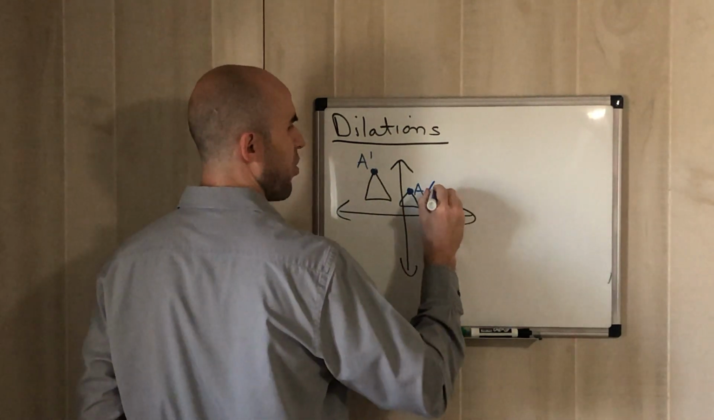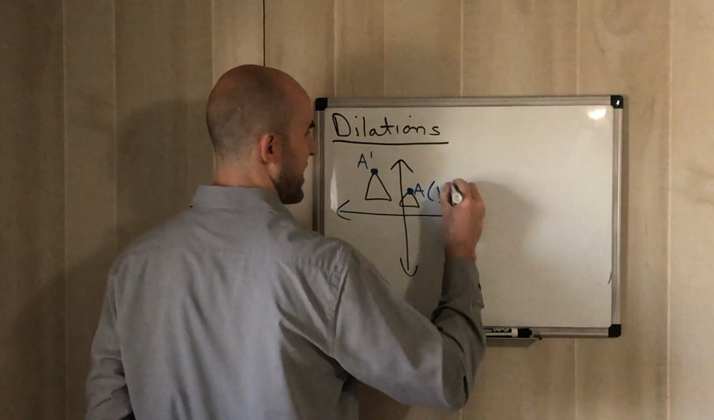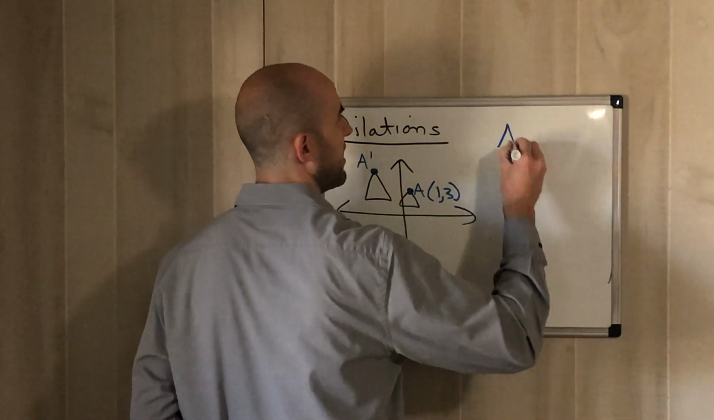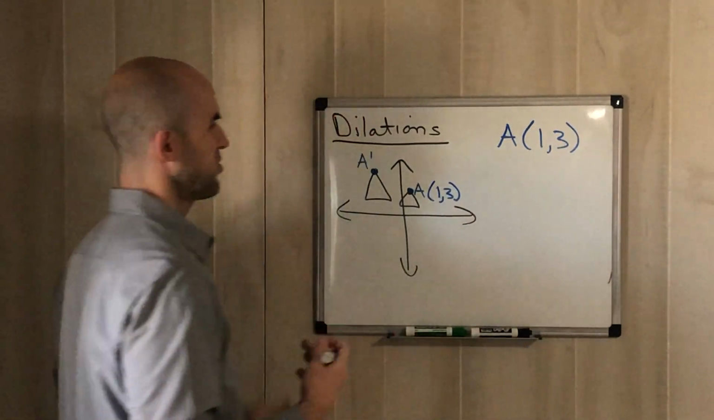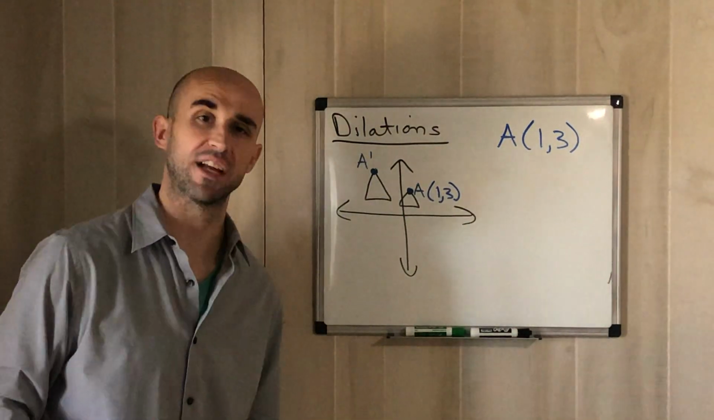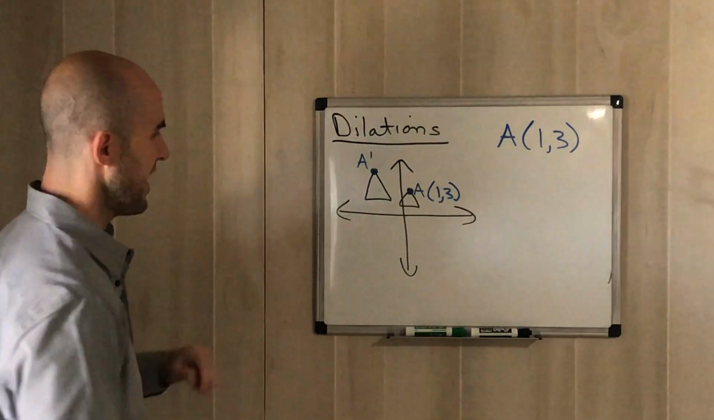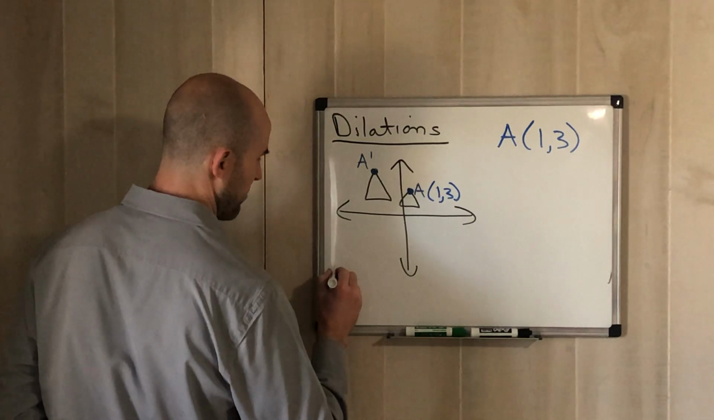Let's say that this coordinate here was 1, 3, right? So we know that the coordinate of A is 1, 3. I'm going to tell you, because when it comes to dilations, it usually gets bigger or it usually gets smaller. In this case, we saw that it got bigger, and I'm going to tell you that it was a dilation